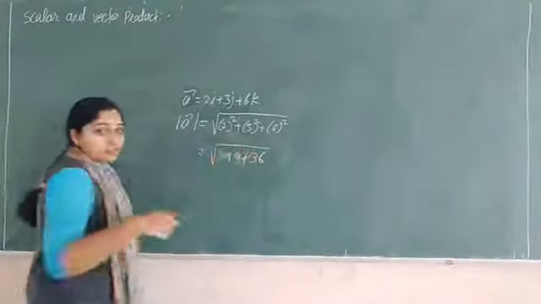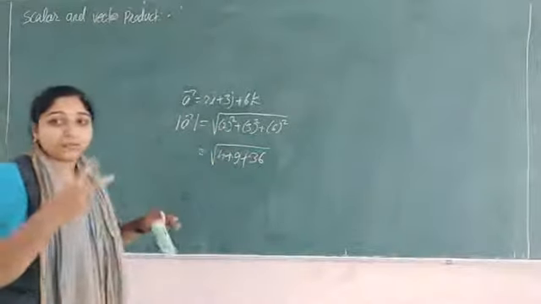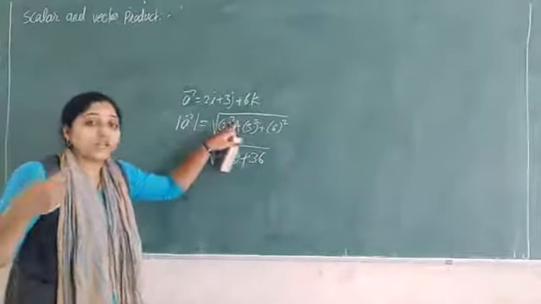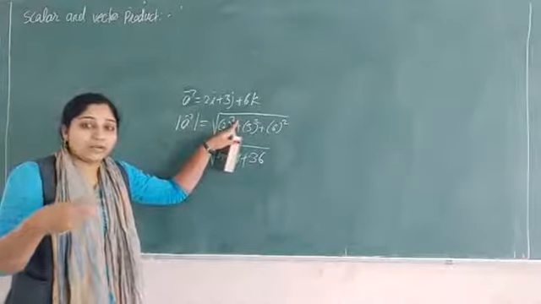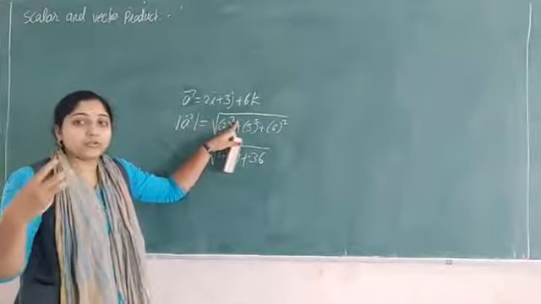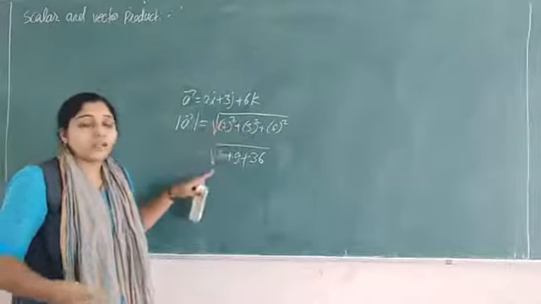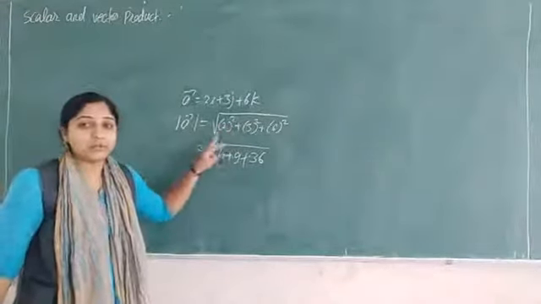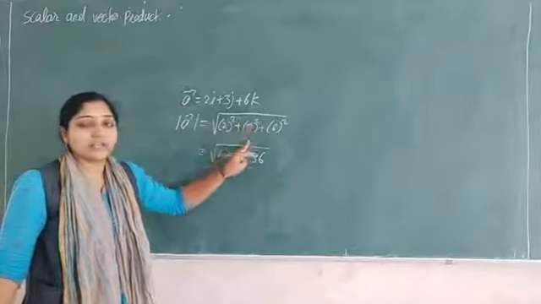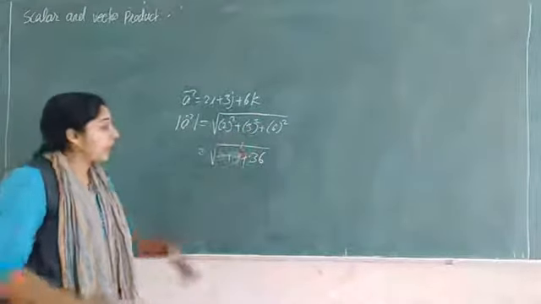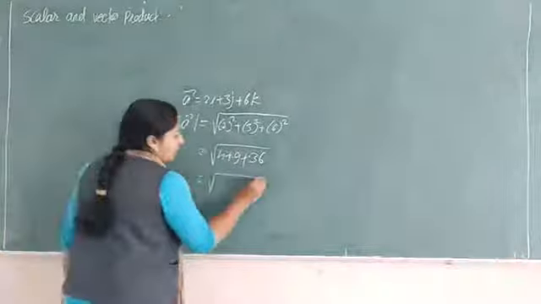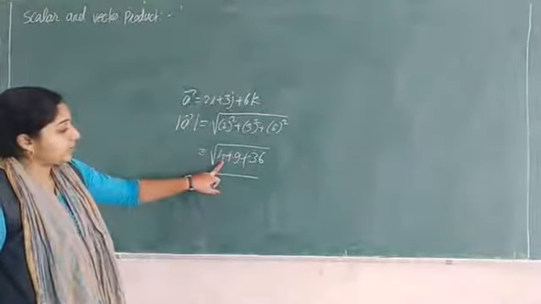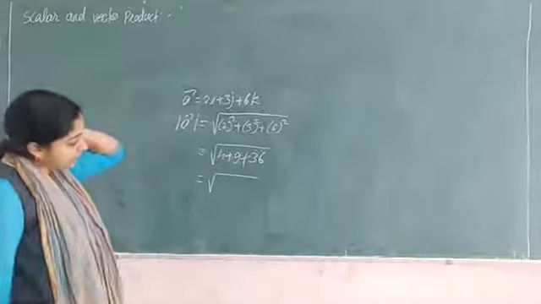If it is square, we multiply that number 2 times, 2 into 2. If you have 2 cube, that is 2 raised to 3, we multiply 2 three times, 2 into 2 into 2. But here we have squares, so 3 square means 3 into 3. Now add all this: 9 plus 4 is 13, and 13 plus 36 is 49.